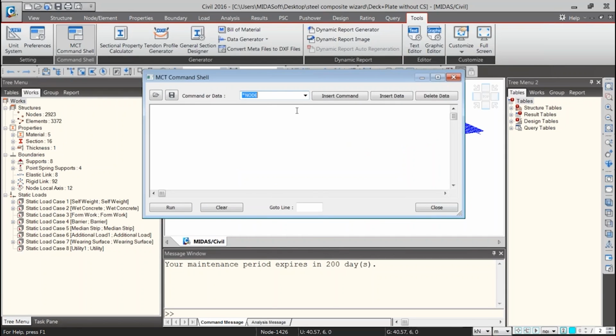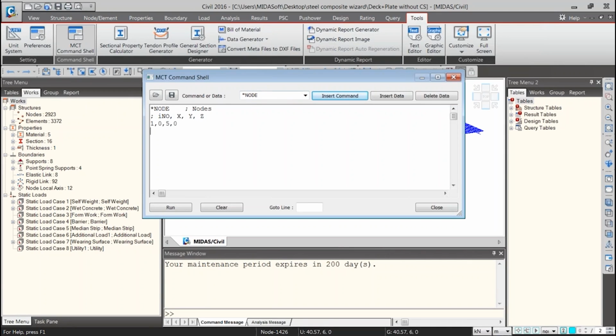Whatever commands, like if you have to enter a node, you can click on node, click on insert command. It gives a basic algorithm of entering commands. Like I number is the index number of that node. So you can click on 1, give XYZ coordinates like 0, 5, 0, and in this manner if you enter these things and click on run, it will enter that particular node.